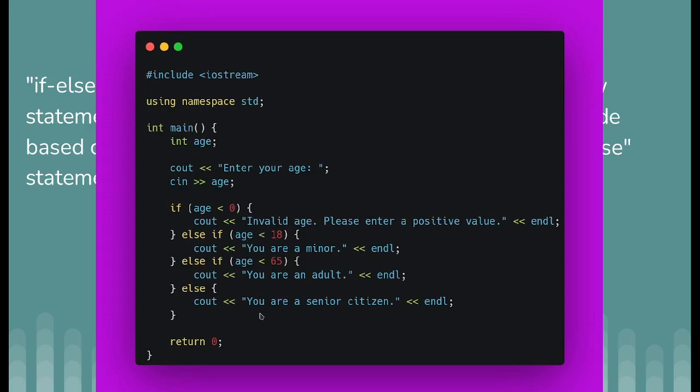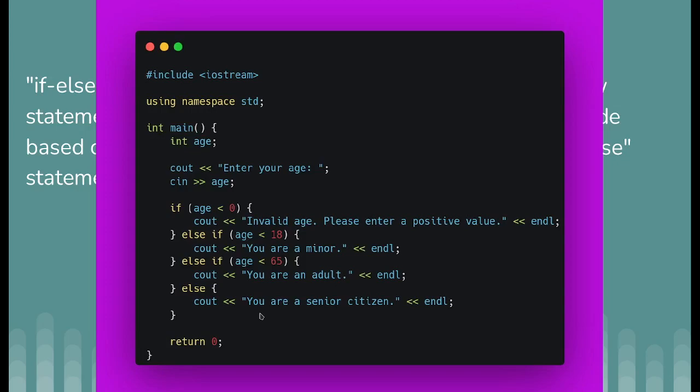will check this condition. Okay, so in this case, if age is greater or equal than 0, it checks this other if. So if age is between 0 and 18, with 18 excluded, it will print you are a minor.